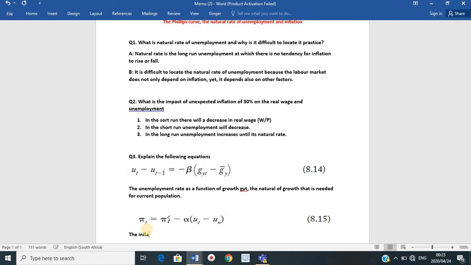The inflation rate is a function of the expected inflation